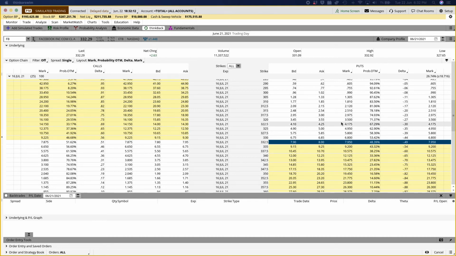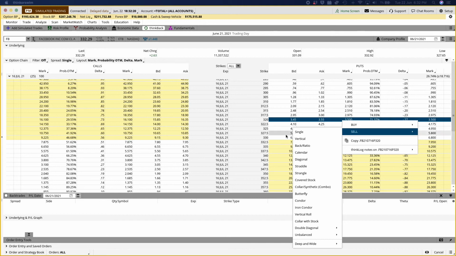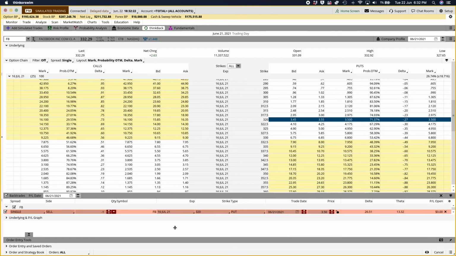And I'll just show you what it's like here. So in this Think or Swim, you right click here, and then we are looking to sell a single, and then that will pop up here, giving you the information about it. This is the number of contracts. This is the ticker symbol, like the date of expiry, strike price, it's a put option, and the pink means